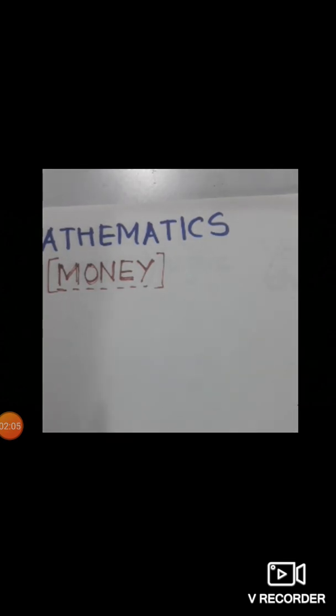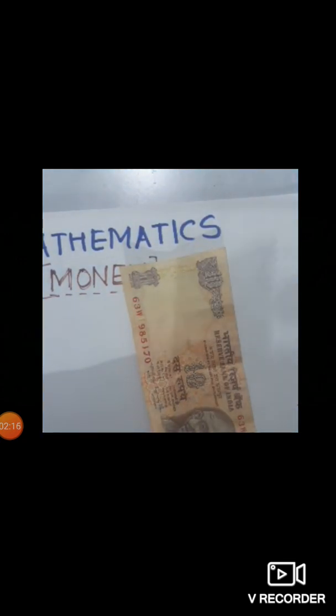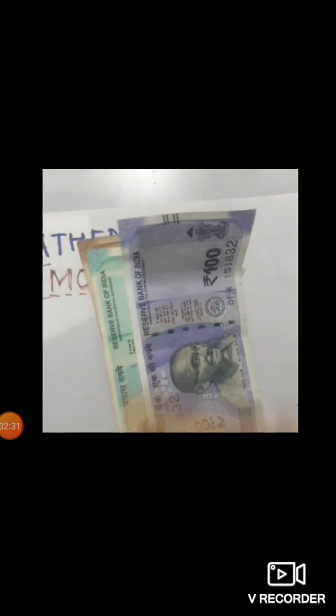A few years back, we had 1 rupee, 5 rupees, 2 rupees notes also. Now the government has banned them, so nowadays we have 10 rupees. All of you know that, I think so. This is 20, beta. 20 rupees. This is again 10. Then we have 50 rupees. Then 100 rupees. I know you all are aware about this. 200. This is 500 note. Till now we'll study with these only. Now let us begin.